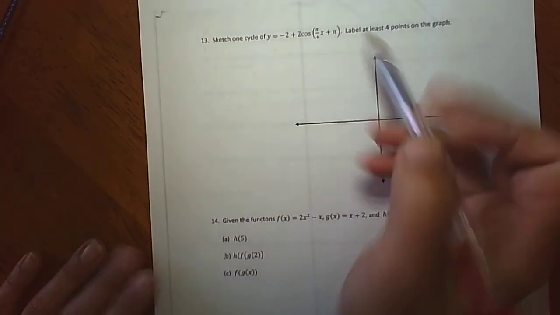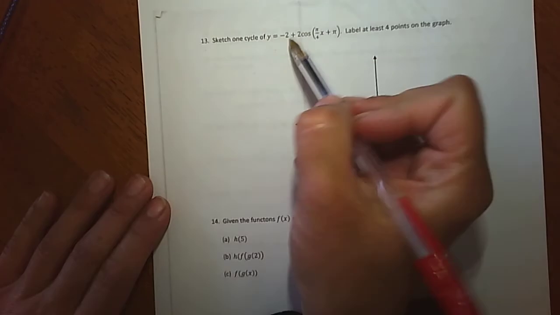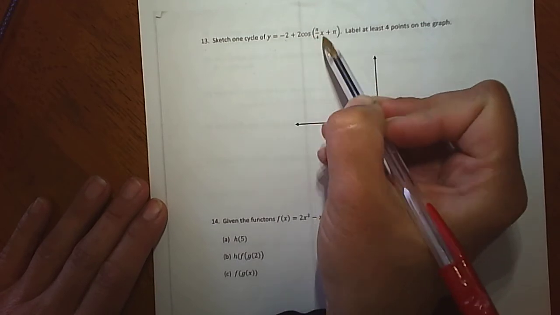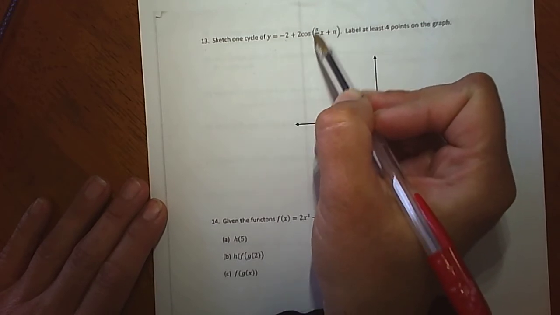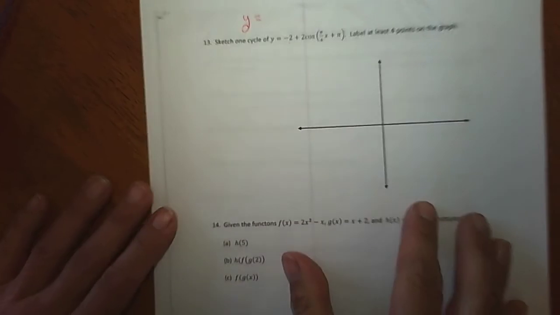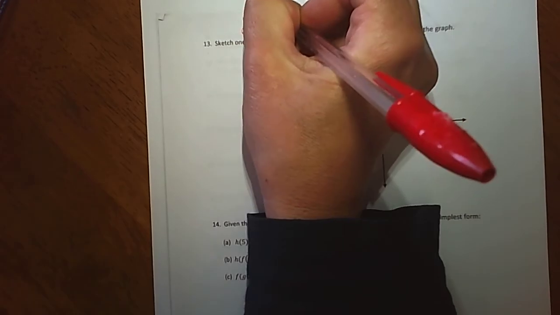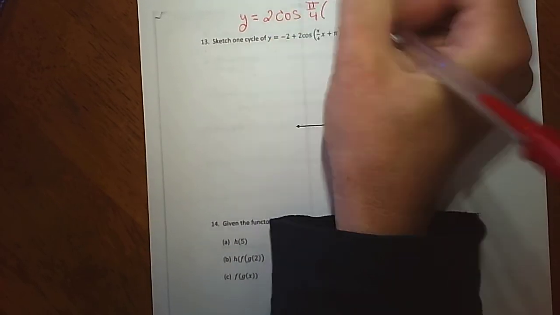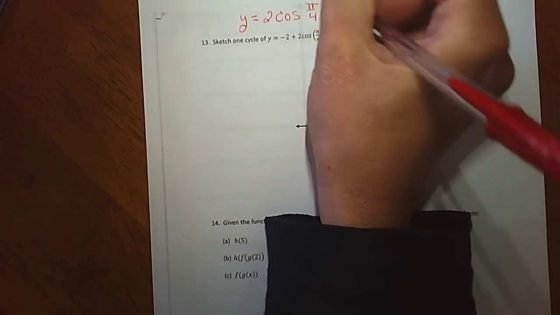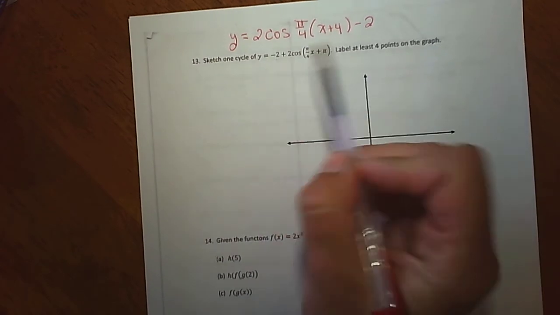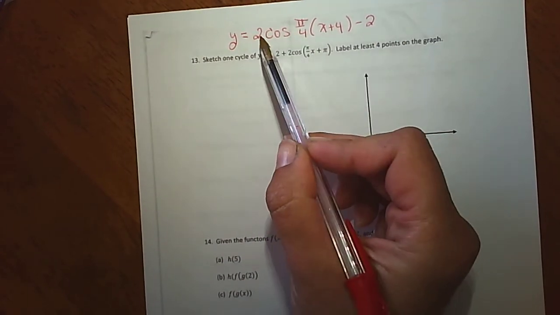Now the first thing I want to do is get this set up perfectly. Right now this -2 out in front wants to go on the end. And we also need to factor out the pi over 4 in front of this x. So I'm actually going to rewrite the equation up here. It's going to be y equals, we're going to write the 2 cos first. Then I'm going to factor out the pi over 4. When I do that, I get x plus 4 left over in the parenthesis. And then I'm going to put the -2 on the end. So you always want to get that in the correct format, and then we're going to work from left to